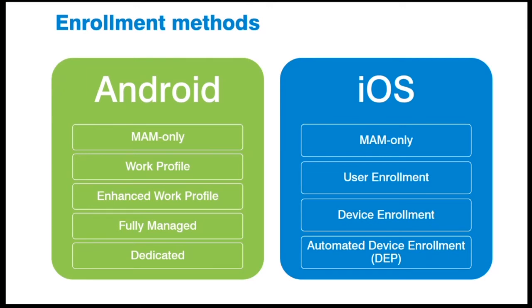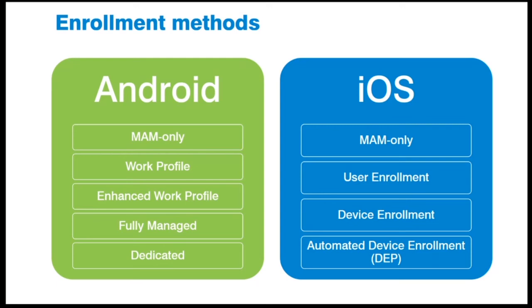So that's the basic enrollment method. Then on the Android side, for the bring your own device solution, we have work profile and enhanced work profile. The same alternative on the iOS side is new user enrollment, and as currently, most of you will have enrolled device enrollment for either corporate devices or bring your own device